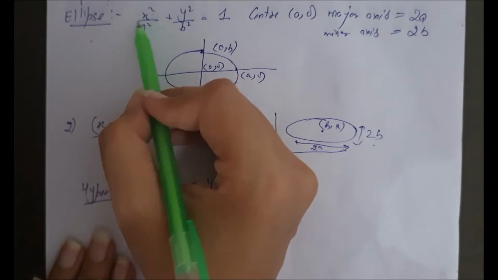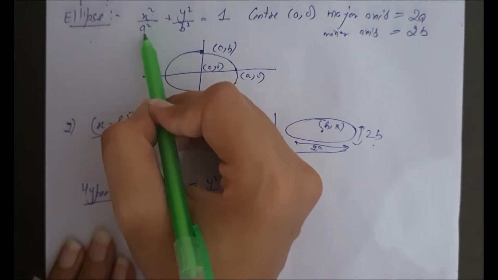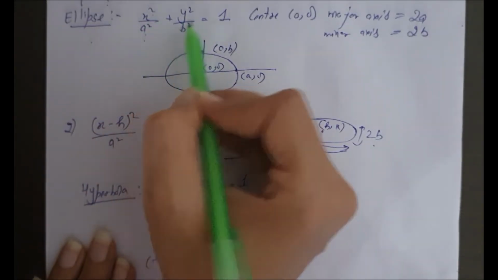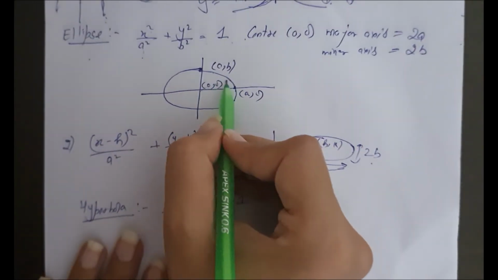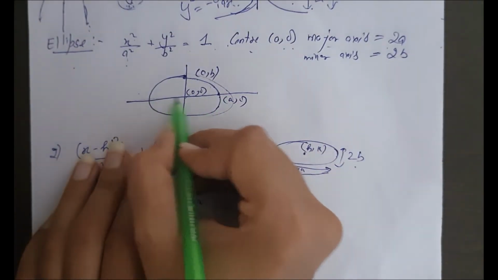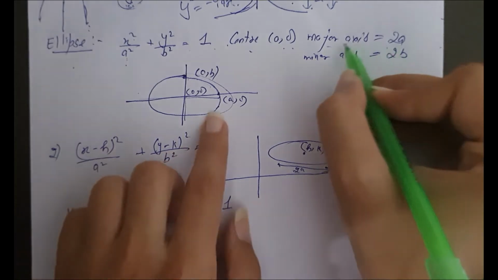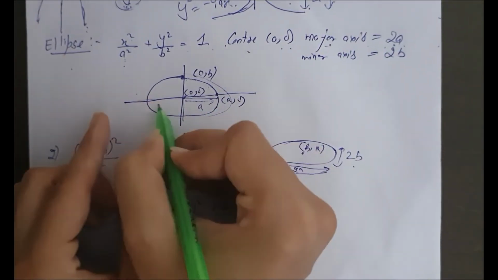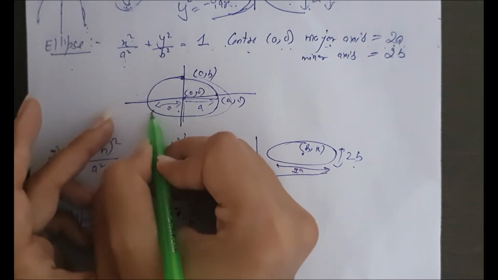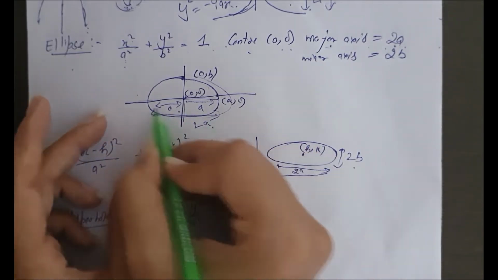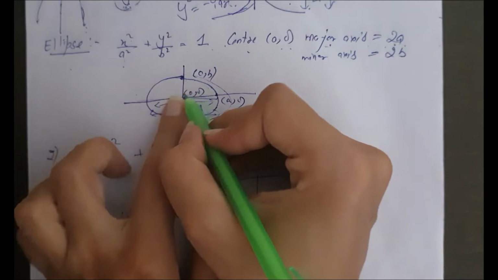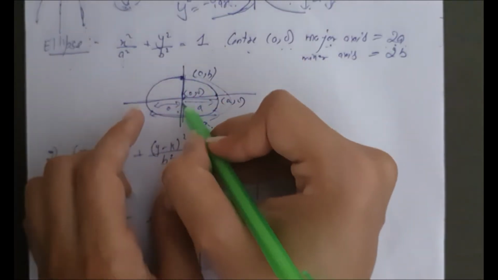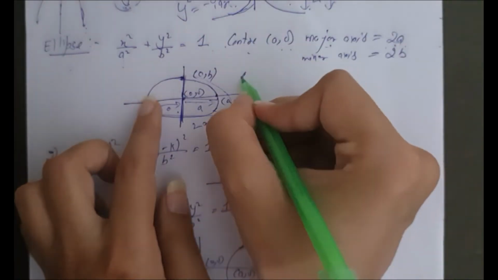Now ellipse, equation of ellipse is x square upon a square plus y square upon b square is equal to 1. Then ellipse will be like this. This is major axis, this is minor axis. Its major axis is 2a. It means that from here this is a and this is a, this full will be 2a. This is called major axis, and at minor axis this is b, this is b, this full will be